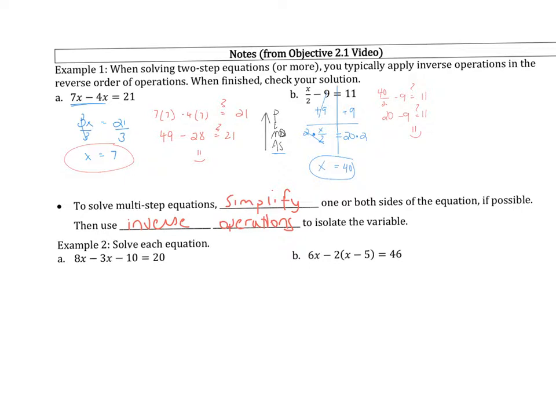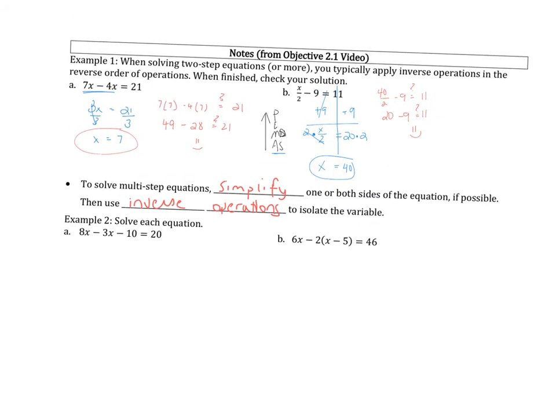Apologize about that atrocious handwriting. That's operations to isolate the variable. Okay, so let's take a look at